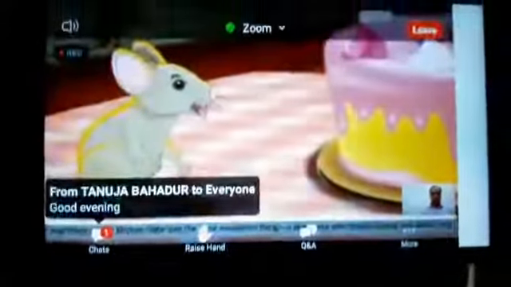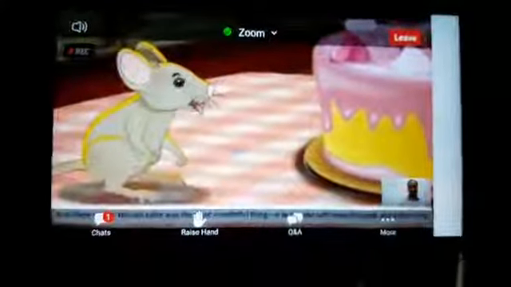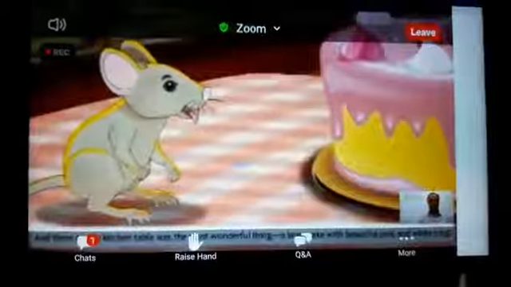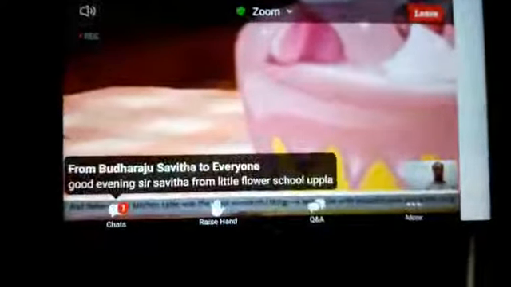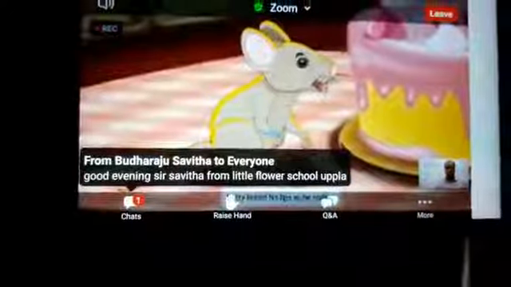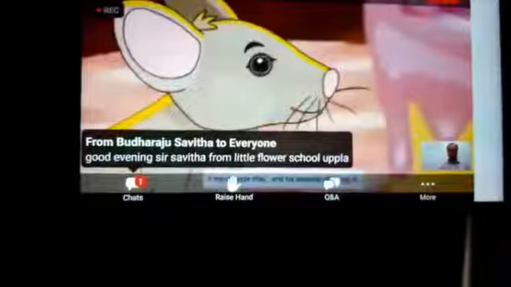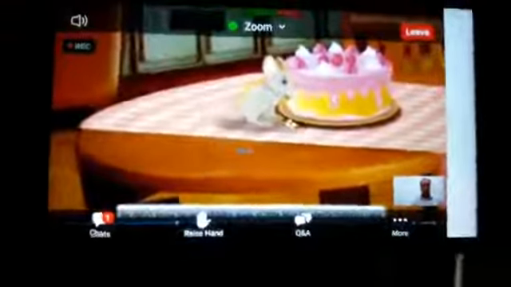Mitty scampered into the kitchen, and there on the kitchen table was the most wonderful thing, a large cake with beautiful pink and white icing. Mitty licked his lips as he sniffed it. "I must taste this," and he started nibbling it. He didn't know he was nibbling away at little Miss Bluebell's birthday cake.